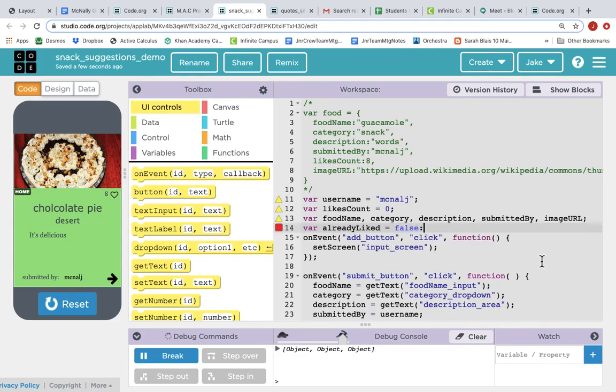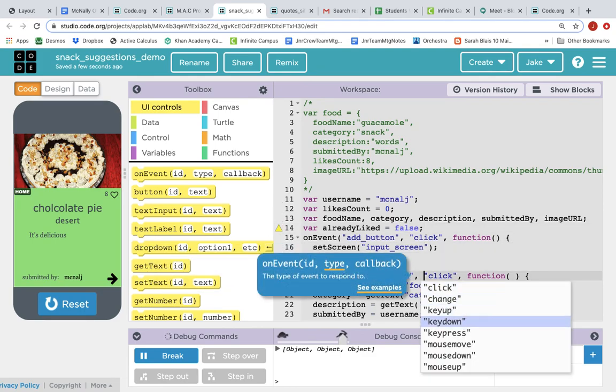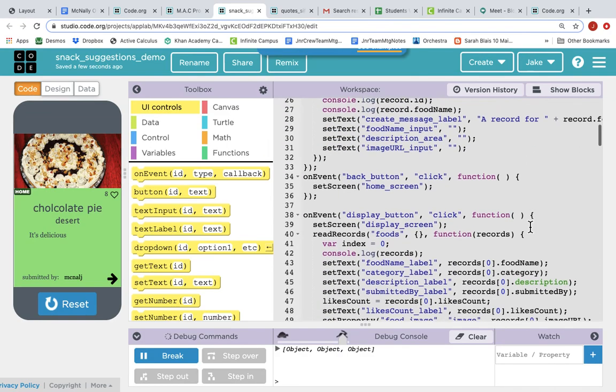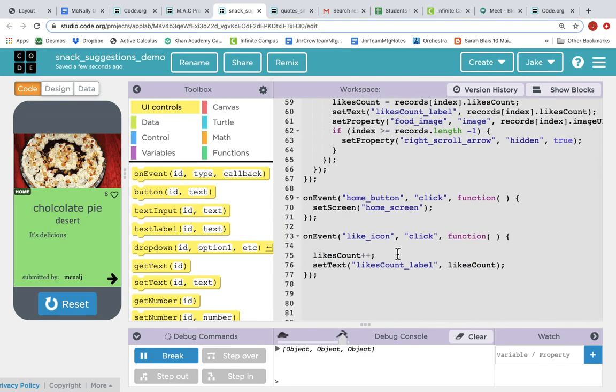As in, have they already liked this particular food? No, they haven't. So it doesn't like it because I put a colon instead of a semicolon. There we go, a semicolon. So now, down in our on event, let's check before we increase the likes count. Let's say, have they already liked this? So we need an if statement. If, and our condition between parentheses is alreadyLiked